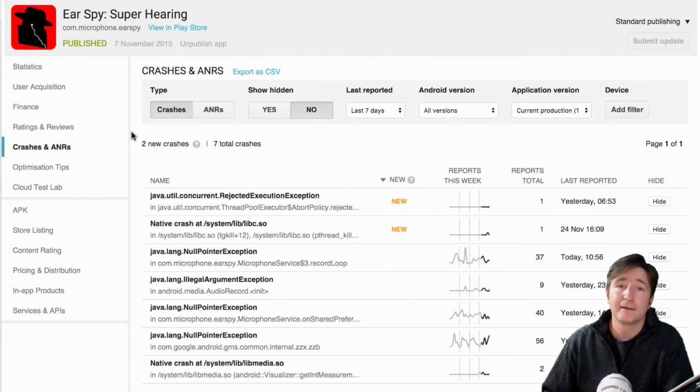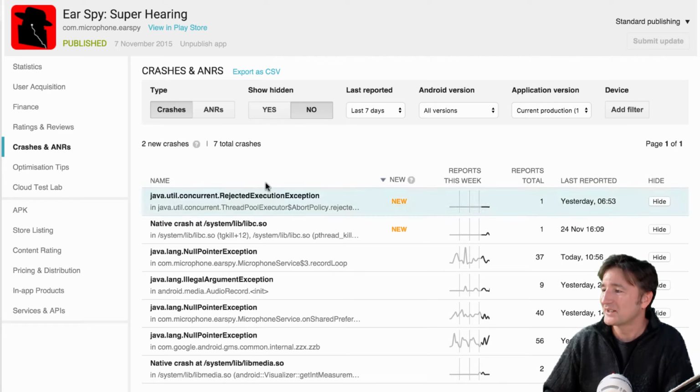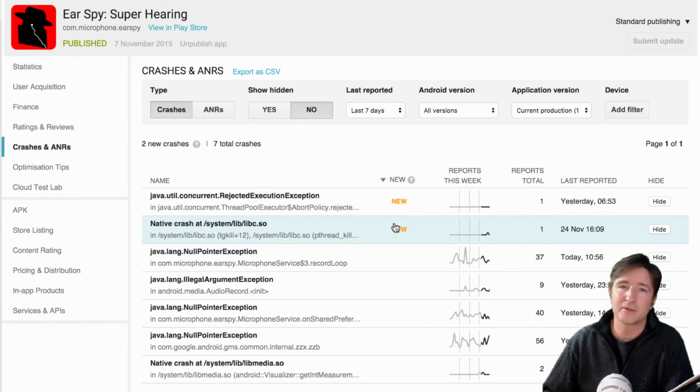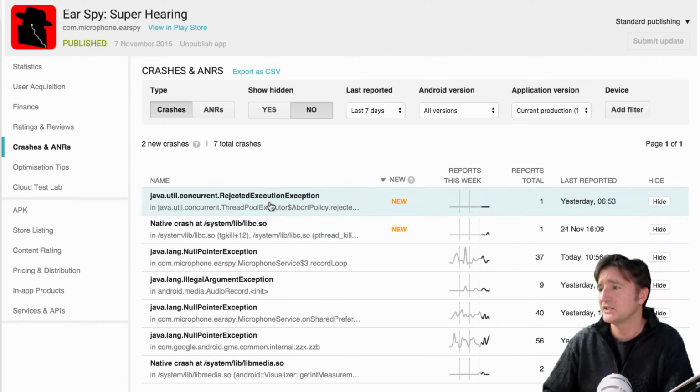ANR stands for, I don't know what it stands for, but crashes are like, we get a certain amount of crashes each day. I mean, like I said, we get thousands of downloads each day, and it doesn't always work on all devices. In the beginning I was trying to nail those down every time we see a new crash, but after a while it just got too much. So if we see like a huge number, like if it's 10% of all users, then we'll definitely look into that. But it's useful because you see what type of device it was and all that kind of stuff.